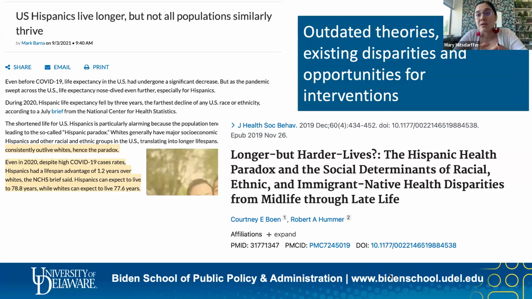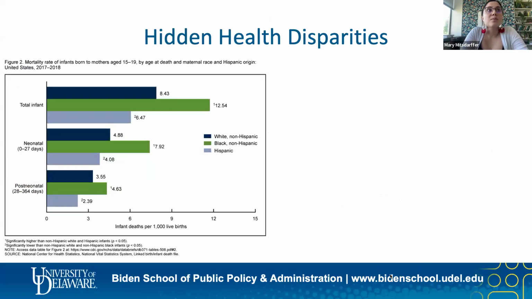Whereas the next ethno-racial group, so ethnic or racial group, I say ethno-racial, are white folks who are at about 77.6 years. So longest lifespans in the United States. So when I talk about a monolith, we're talking about a lot of people who are coming from over 30 different countries, very different ethnic origins.